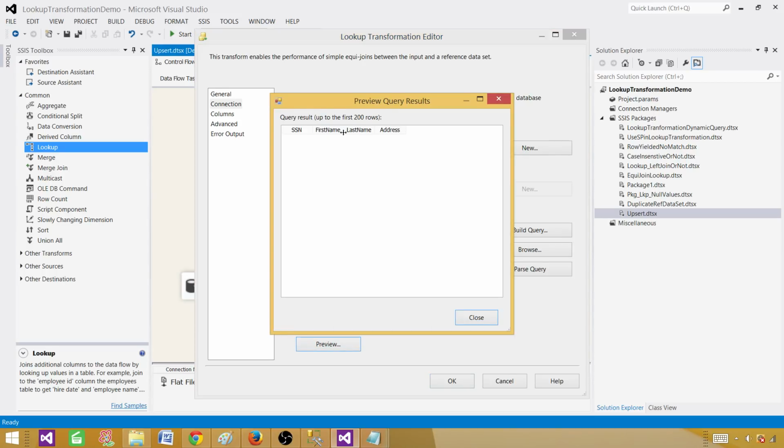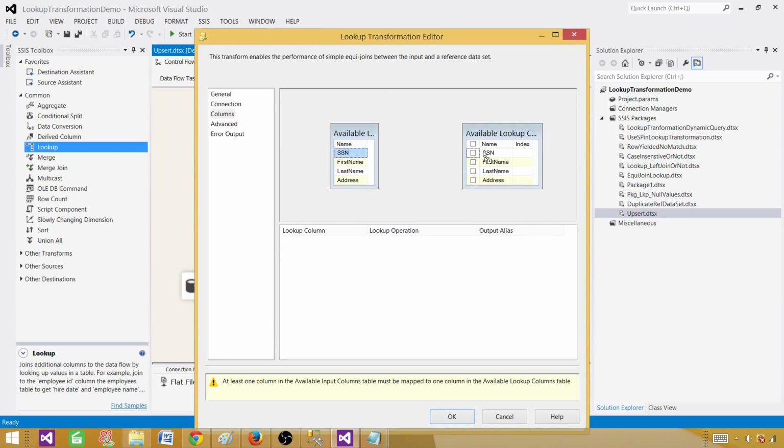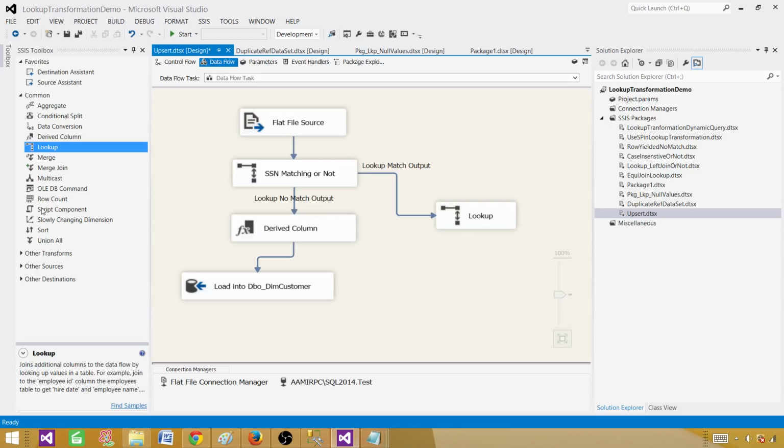Now we selected all these values, and what we are going to do is map them on all the columns. By doing that, if the value does exist and everything is matching, we don't need to do anything. But if the value does not match, we will update that record. So hit OK, and here we will be updating that record by using OLE DB command,